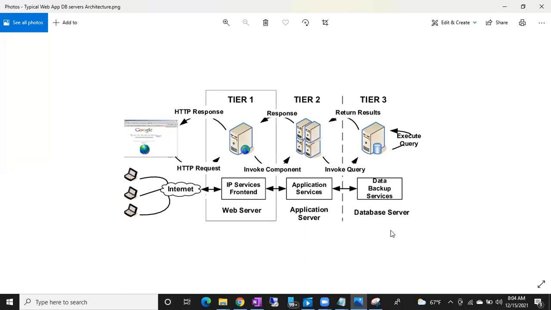Do one thing. I'll give you one assignment today. Just find out the web servers in the market. Just type "web servers" in Google. What are the web servers available? Just type it, you will get the answer. Just a small assignment, a 1 minute assignment. Why? Because assignments are very important, guys.